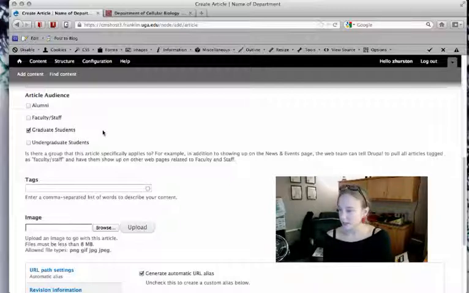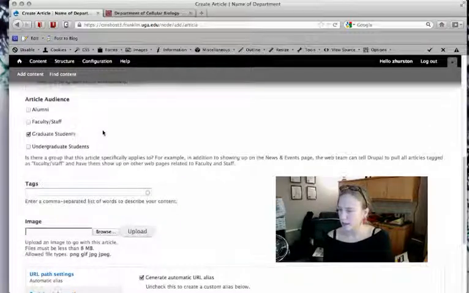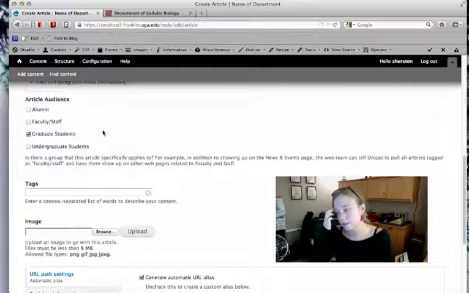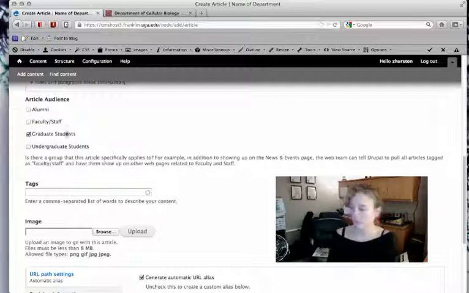So that's pretty neat, and I'll show you an example of this tagging in a site that has already been launched, because the web team can actually customize these fields for you. So we can add another audience, or we can change some of this. Maybe you want to have an audience that includes community, or maybe you want to combine graduate students and undergraduate students into one checkbox item just called students, or maybe you want to separate out faculty and staff. We can do that. We can also create additional means for tagging, and that's what I'm actually going to show you